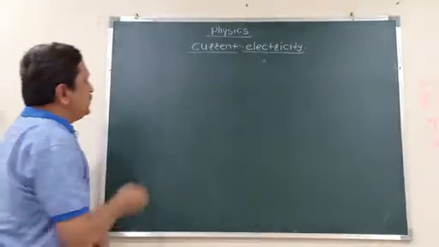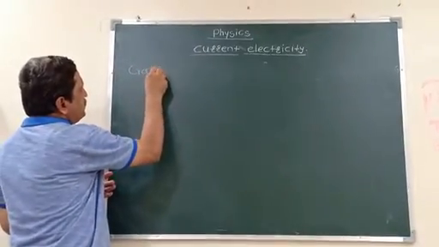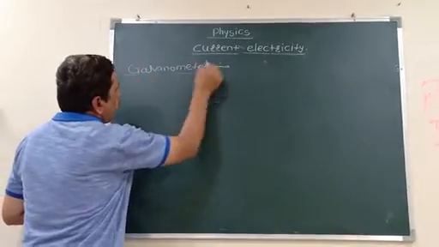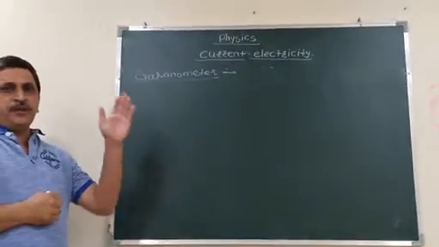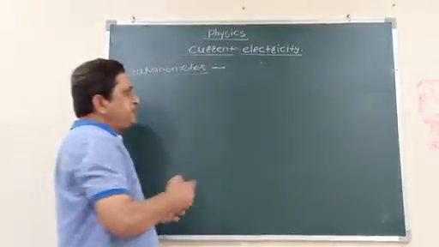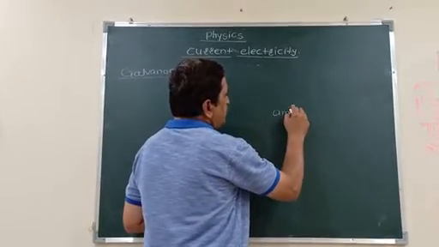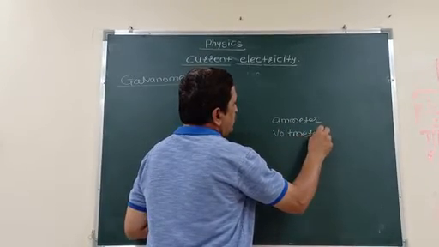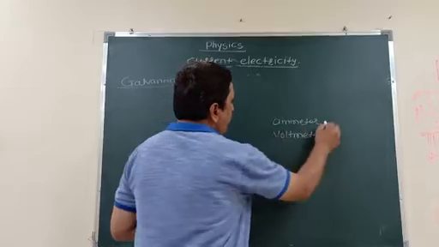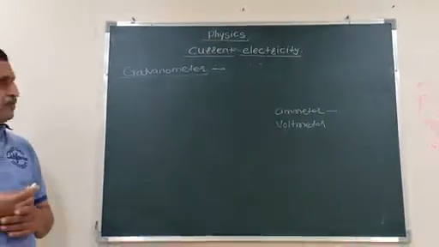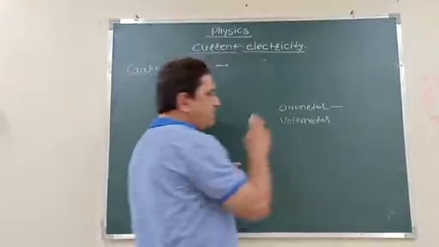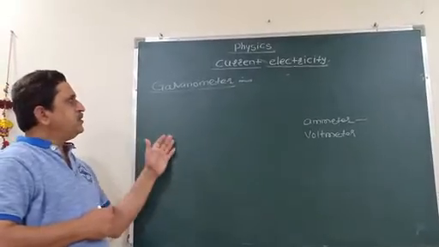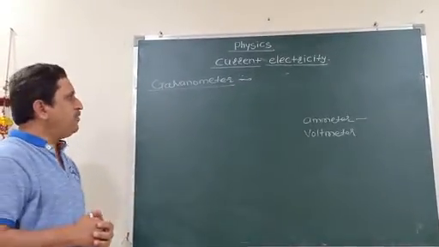Then the next part, which is a very important part, is the galvanometer. In the physics lab, we use different types of meters for the measurement of different physical quantities. We know that in the physics lab we use an ammeter, a voltmeter, and then this galvanometer. Now the ammeter is useful for the measurement of electric current. The voltmeter is useful for the measurement of electric potential. Now what is a galvanometer? It is a simple electrical device.